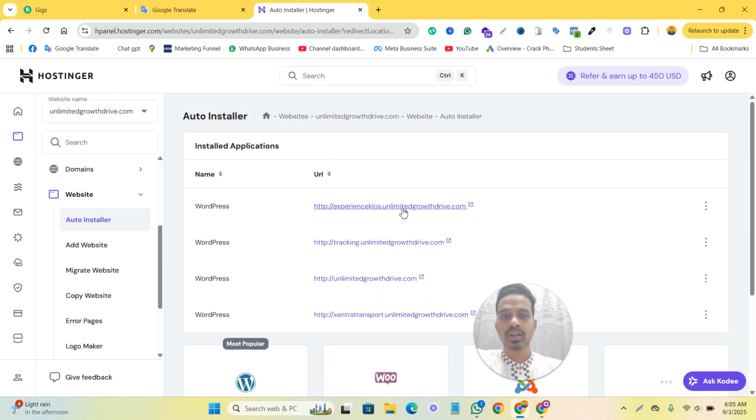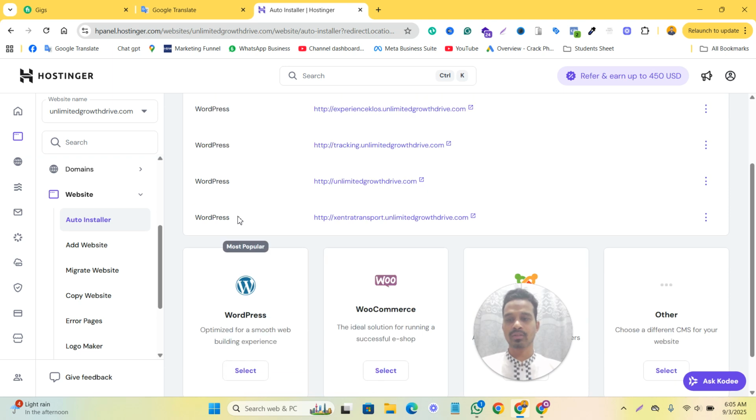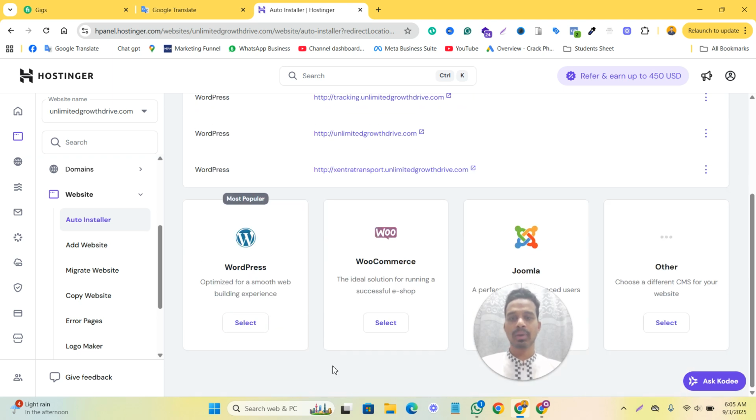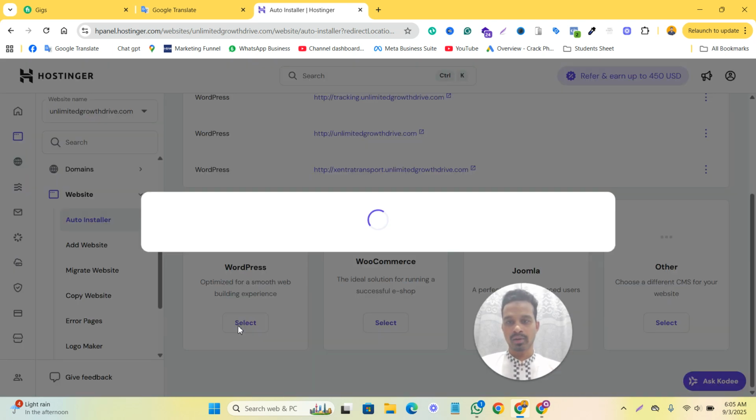And here is another subdomain, this is my main domain, and this is another subdomain where I have installed WordPress. In my new subdomain, I want to install WordPress, so I select WordPress, and then